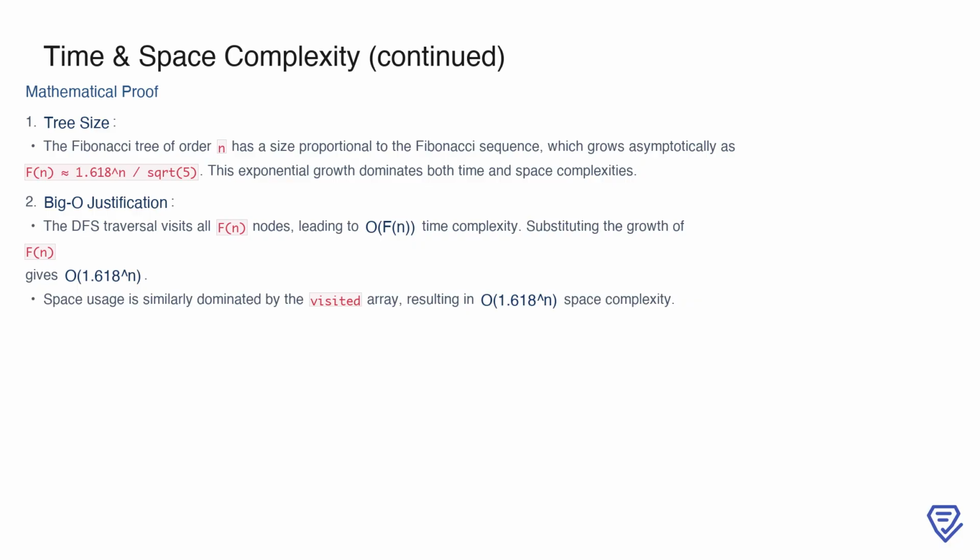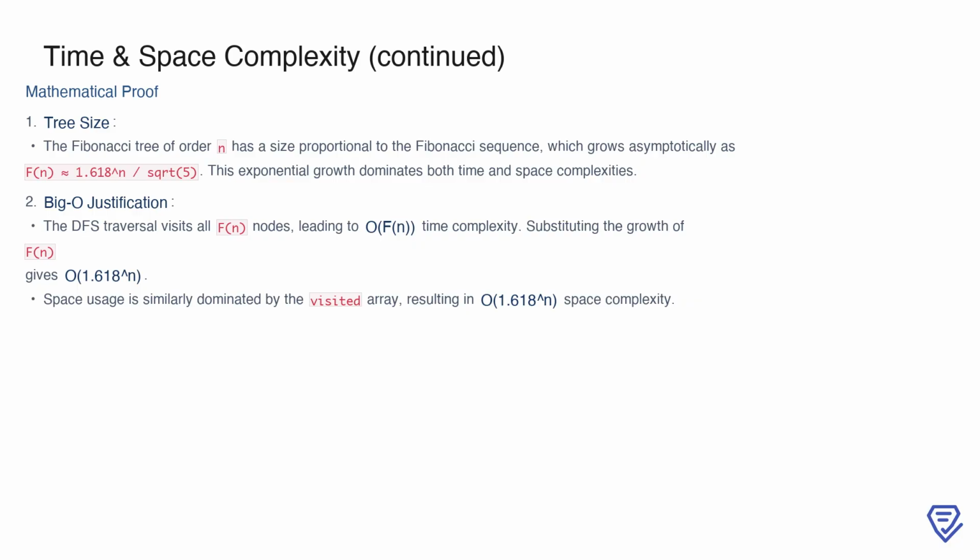The DFS traversal visits all f(n) nodes, giving us a time complexity of f(n), which simplifies to O(1.618^n) when we substitute the growth rate. Similarly, the space usage is driven by the visited array, which also scales with the size of the tree, resulting in a space complexity of O(1.618^n). These results confirm that both time and space complexities are fundamentally tied to the exponential growth of the Fibonacci tree,